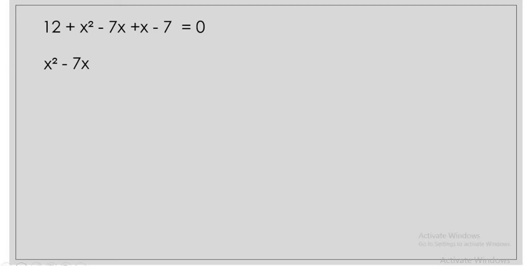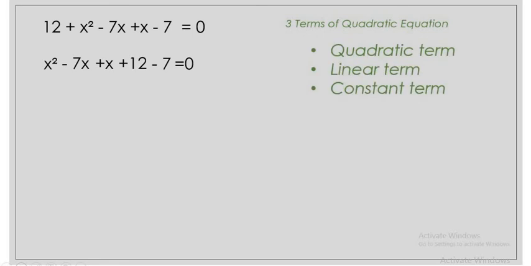Then rewrite it into proper terms: quadratic term, linear term, and constant term. So we have x squared minus 7x plus x plus 12 minus 7 is equal to 0. So again, the three terms are the quadratic term, linear term, and constant term. Let's go first to the quadratic term, which is x squared. Then negative 7x plus x is negative 6x. And the constant term is positive 12 minus 7, so that is positive 5, is equal to 0. So from this equation, we will use the factoring method, and the